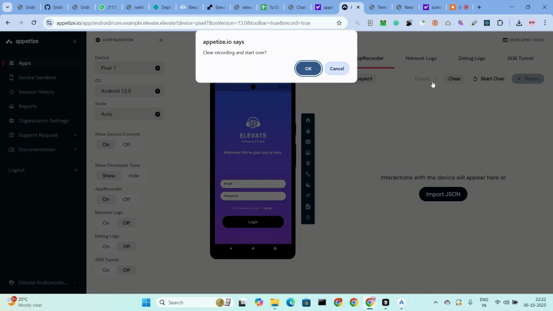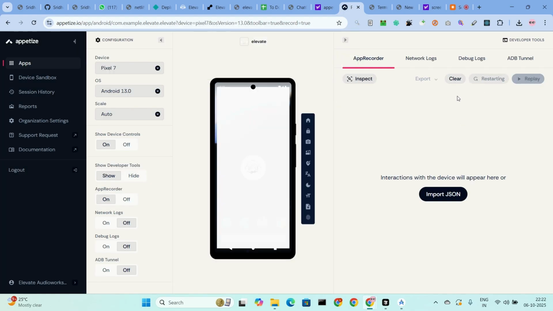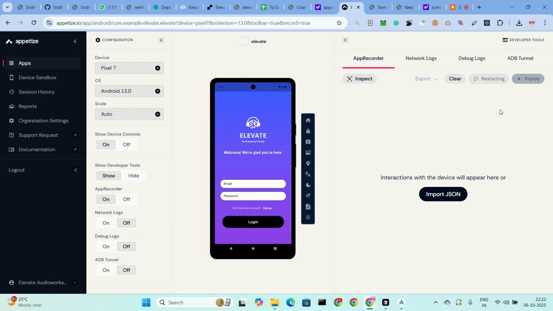I will start over, click. Every activity will be here. You can see it on the right side of the screen. Yeah, hi everyone, I'm going to demo this application, and in this application I will start with the app recorder. Every activity can be seen on the right side of the page, and I will start with the